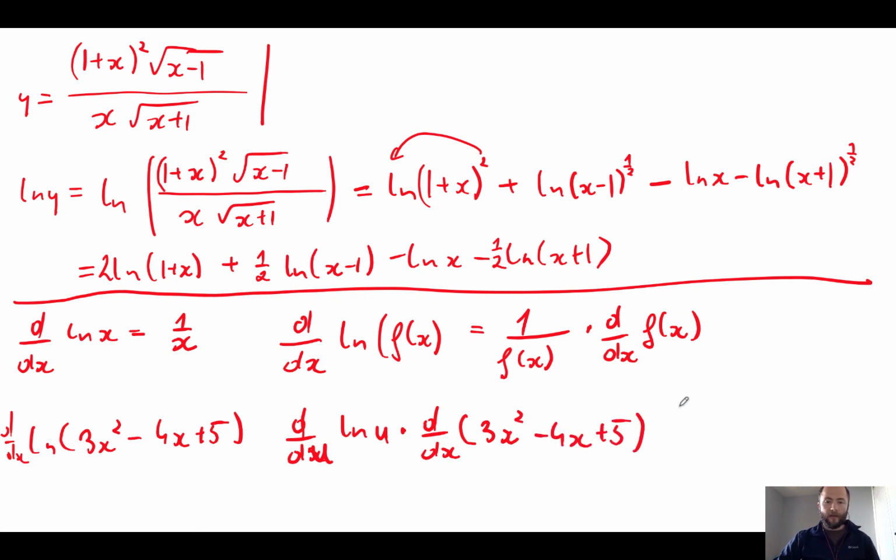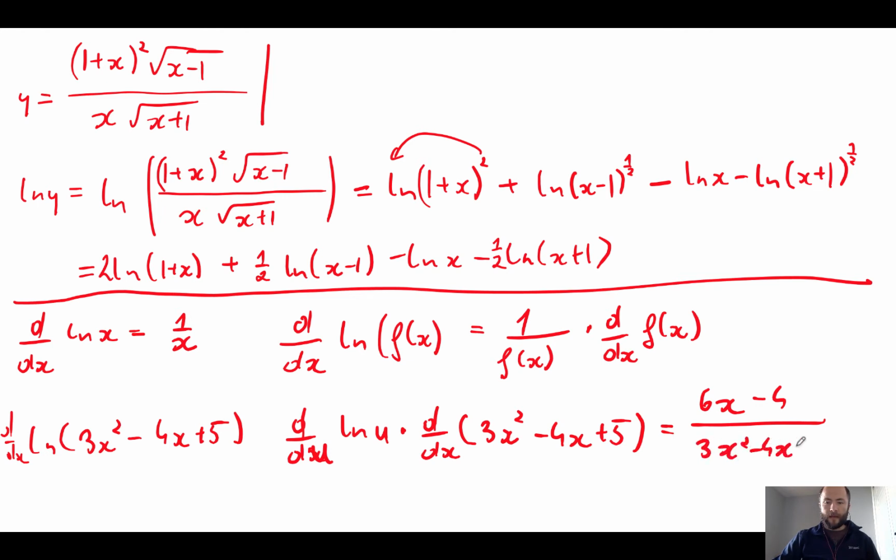So that will turn into, above the line, we're going to end up with 6x minus 4, and below the line, from d/du, ln u is 1 over u, and 1 over u turns into 1 over 3x squared